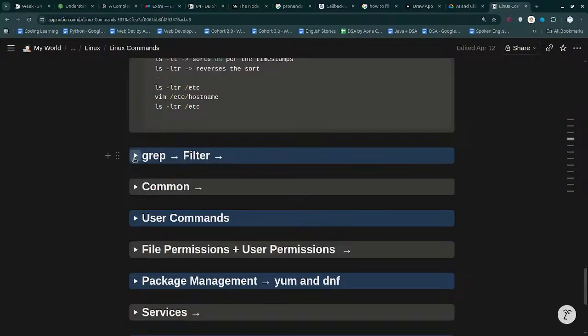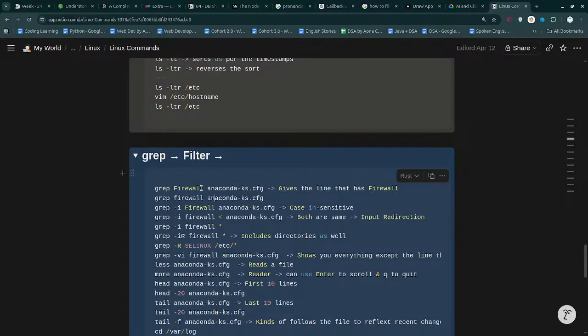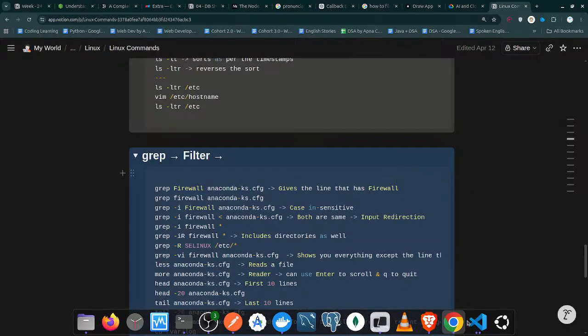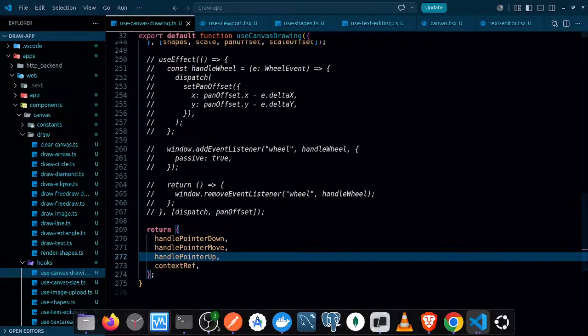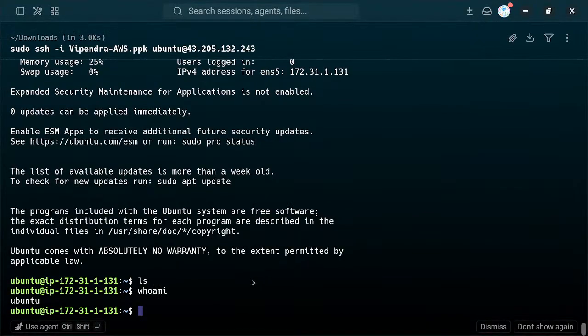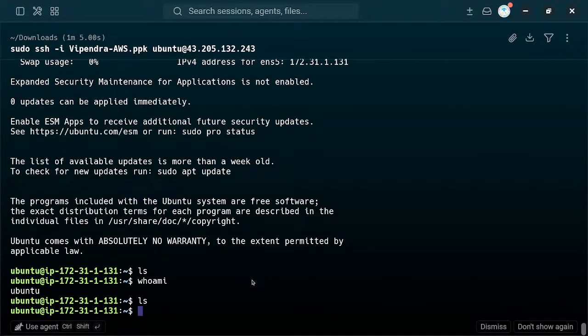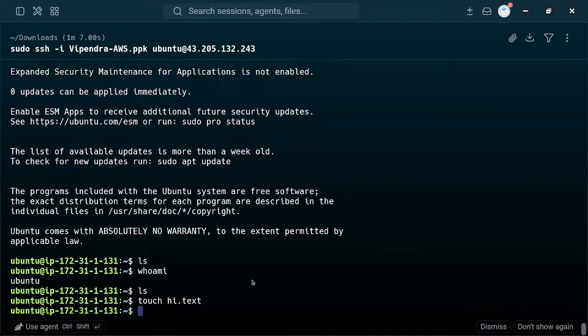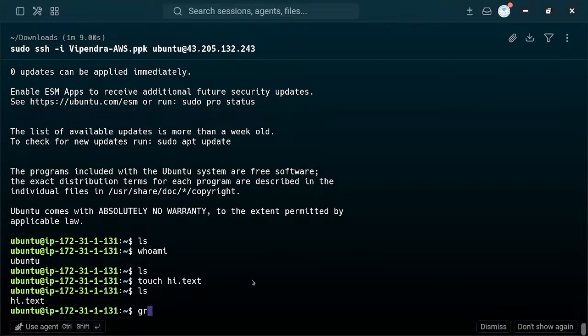These are the commands anyway. Similarly, with grep I was getting confused. You have to mention the name of the file and where that file is, or the current directory. I was unable to do it earlier, but now I can do it. How can I do it? Let me show you. Anyway, I am inside this. So if I run ls and create a file with touch hi.txt, this file has been created. And if I say grep, and I want to filter for the text called hi